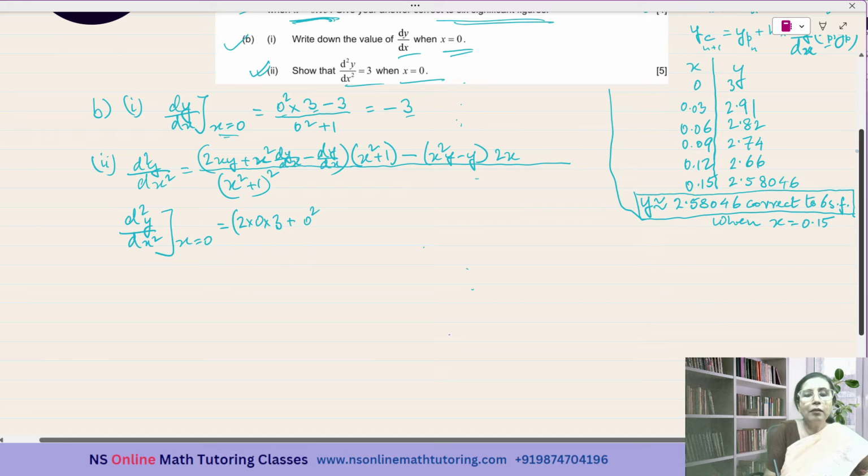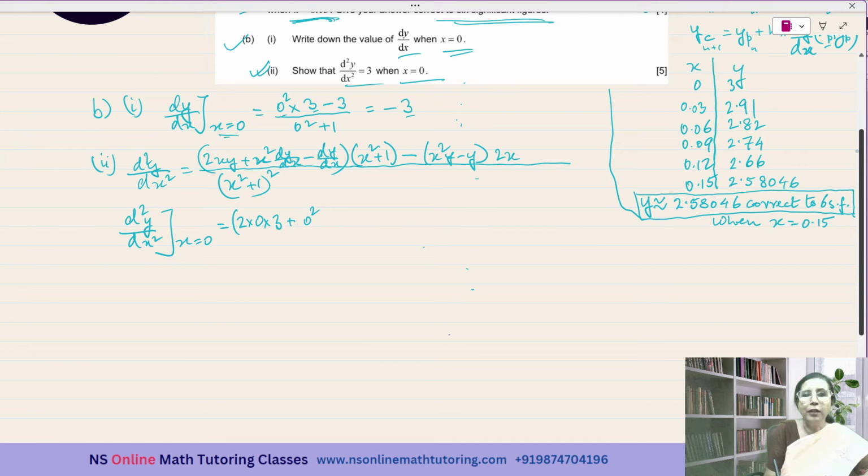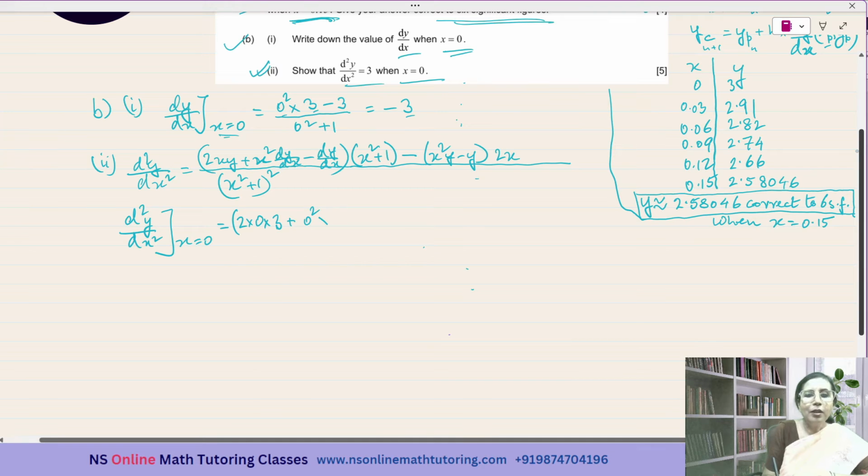Okay, don't try to input the expression for dy by dx over here. It will be a long lengthy expression. Ultimately the answer that you will be getting is the same provided you do the calculation correctly, but you don't need that. The dy by dx value is negative 3 when x equal to 0, so I am substituting negative 3 in place of dy by dx,